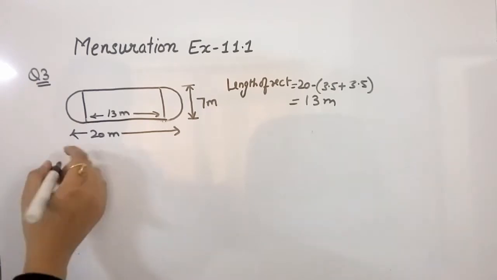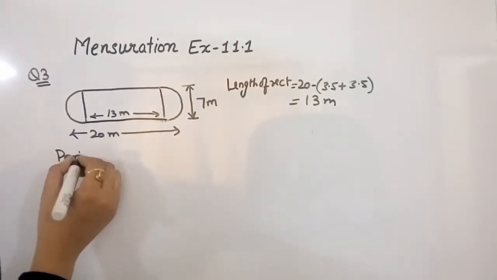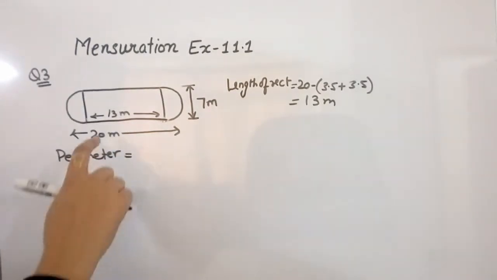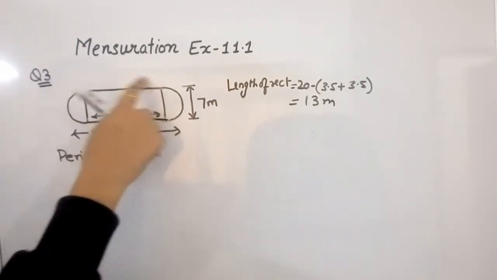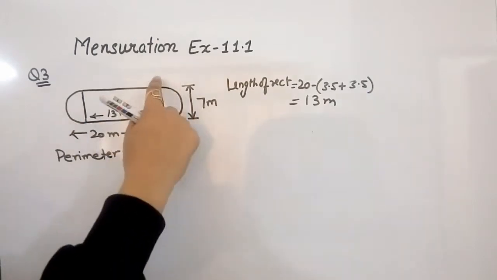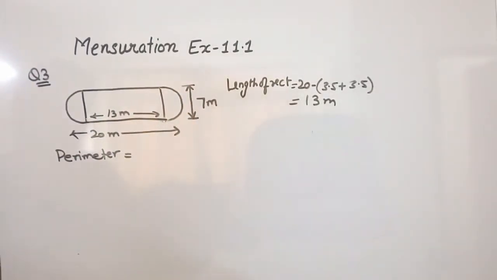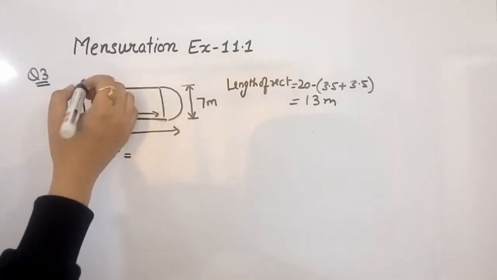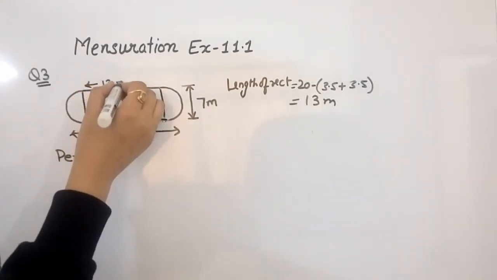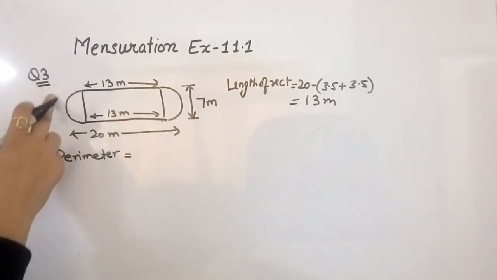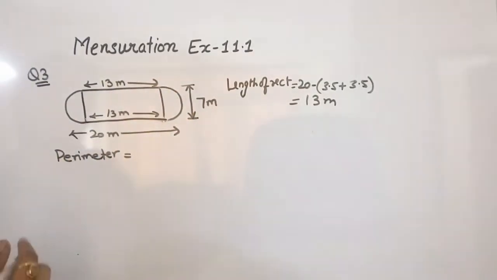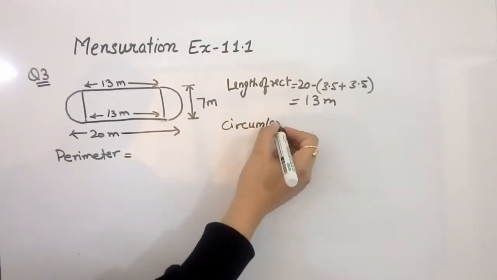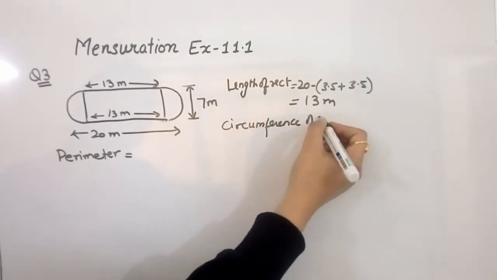So now we need to calculate perimeter of this garden. Perimeter of this garden is sum of this side and circumference of this semicircle and circumference of this semicircle. So we have this side is 13, so this side is also 13. We need to find out circumference of this semicircle. So for this circumference of one semicircle,